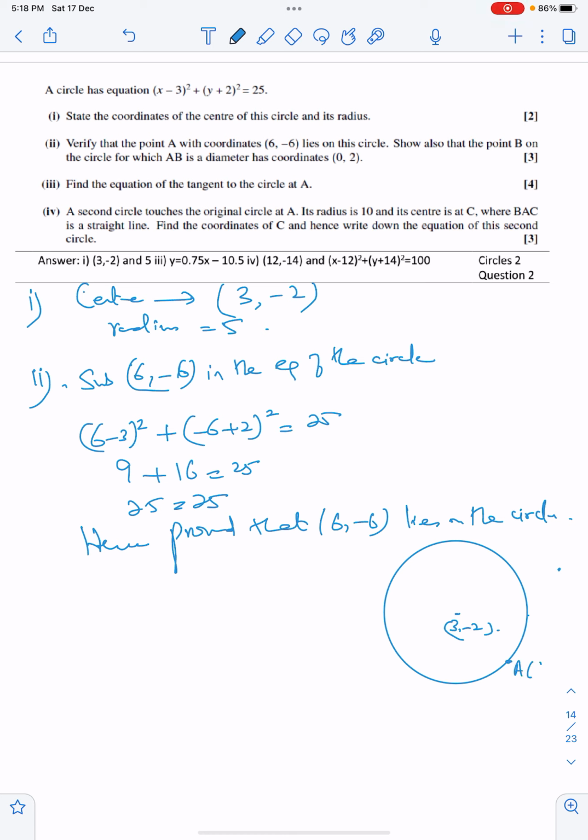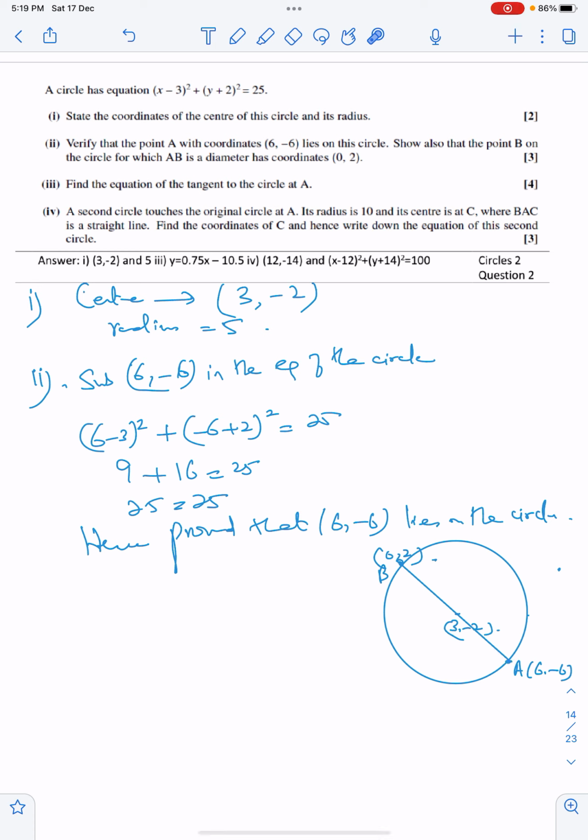They are saying show that the point B on the circle for which AB is the diameter has coordinate 0 comma 2. You have to prove that the point B for which AB is the diameter is 0 comma 2. So what we can actually do is, since A lies on the circle,